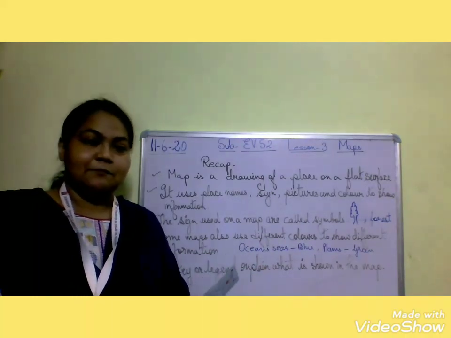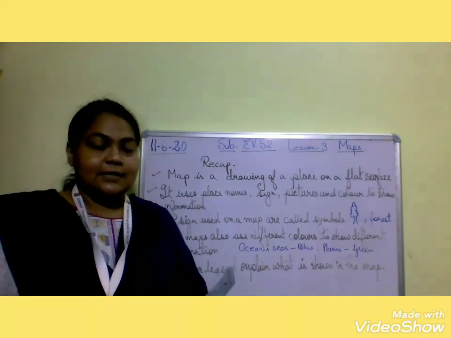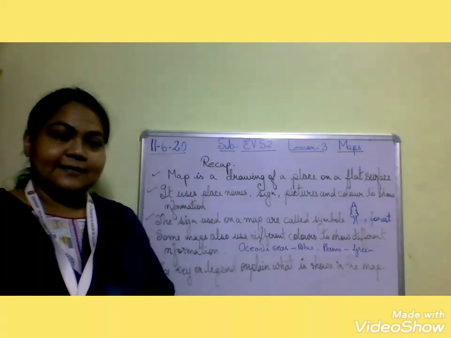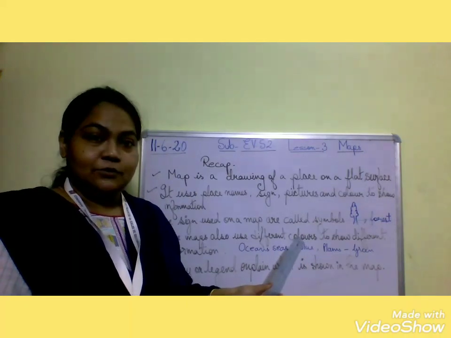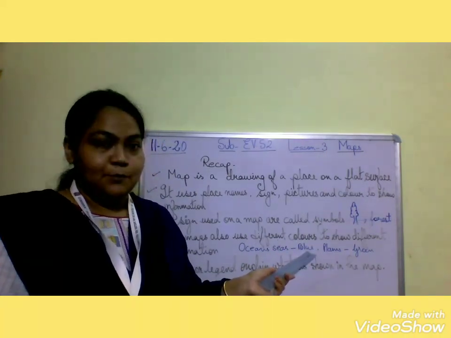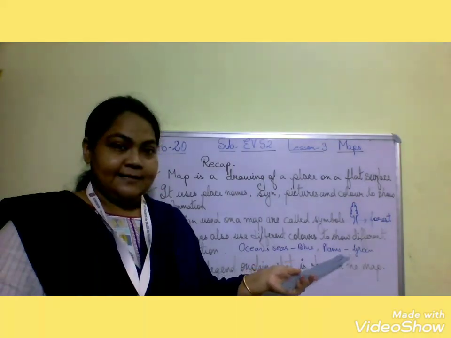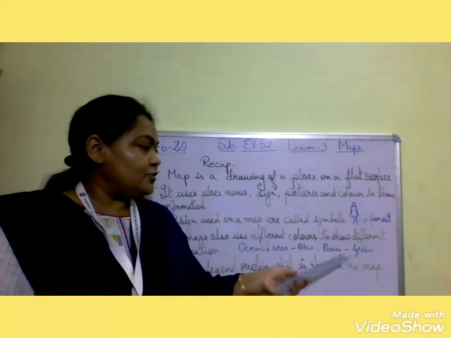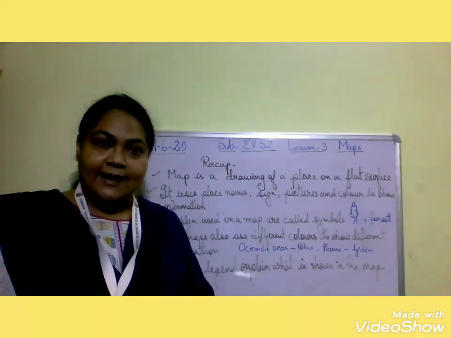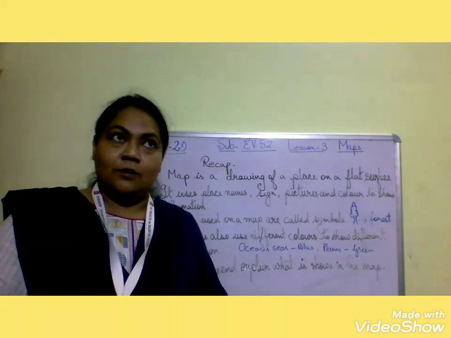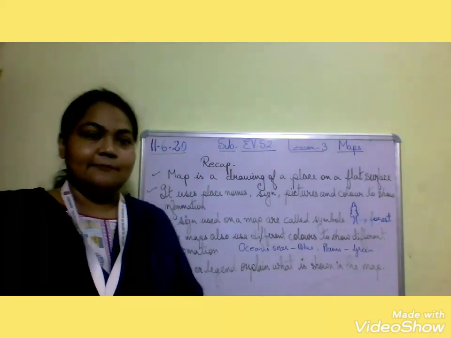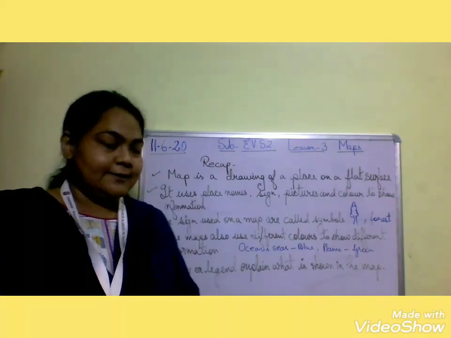We have learned in our previous class that there are some universal colors. That means they are used only in maps and are universal. So what are those? For oceans and seas, and lakes, they use blue color. Then for plains, what are plains? Flat land. So they use green color. And regarding highlands, your mountains, they use brown color. Okay children, like this there are some particular universal colors.